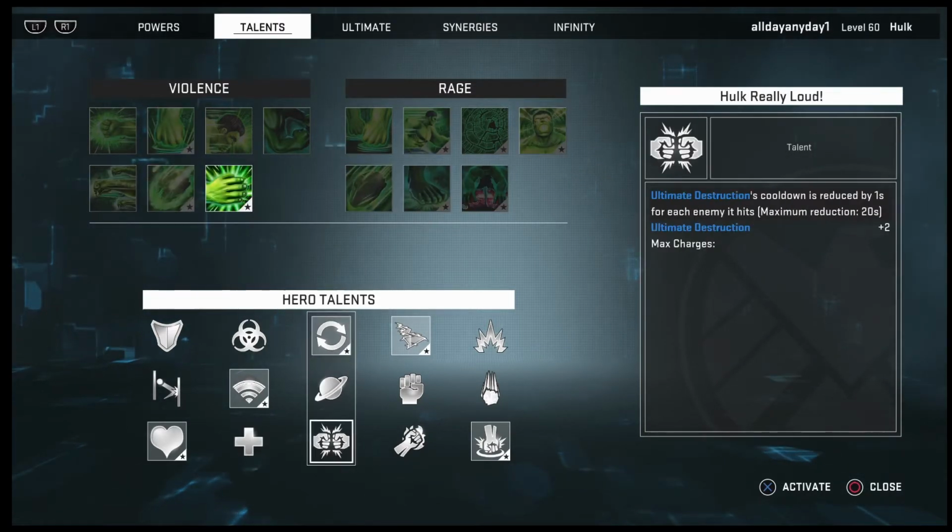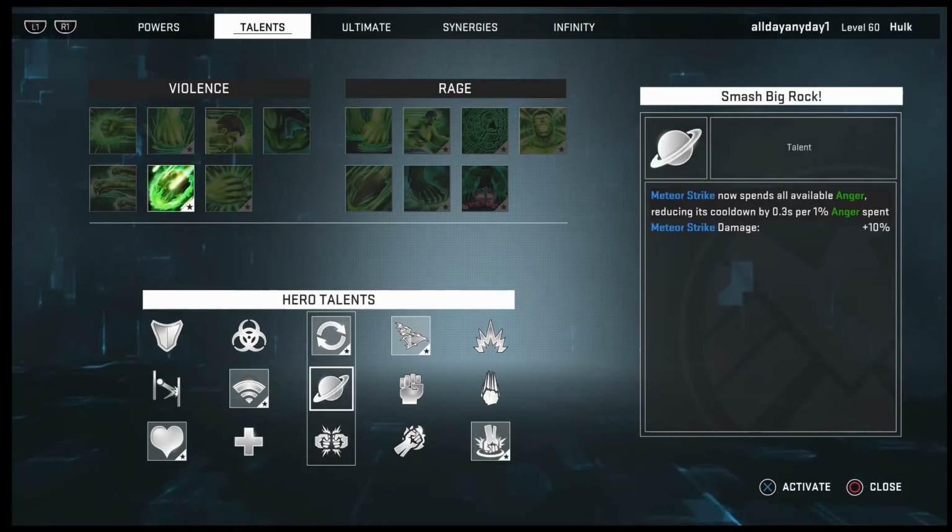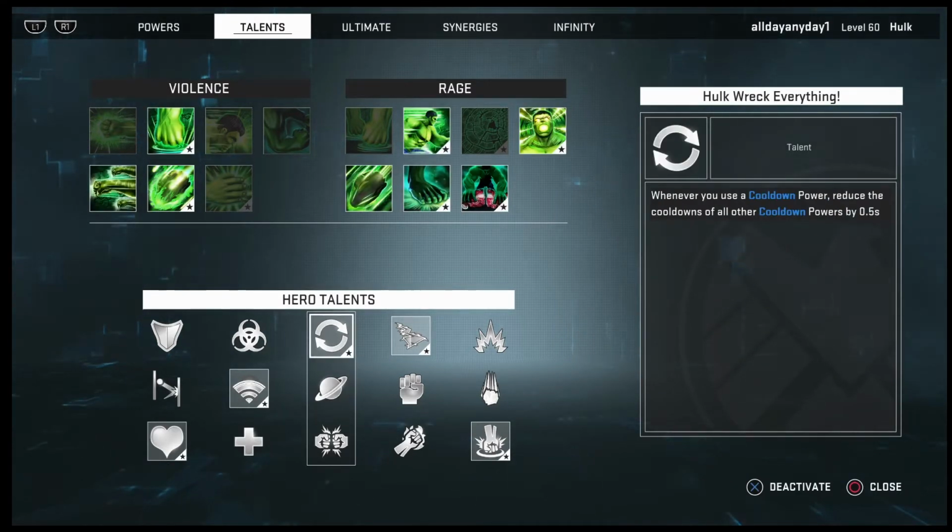If you don't want to use this, then you can go ahead and use Hulk Really Loud, because it gives you two signatures, and every time you hit a person, you reduce the cooldown for your signature, and it reduces down to a max of 20 seconds. So Hulk Really Loud is a really good one as well for the signature, but Hulk Wreck Everything is definitely a really good choice,